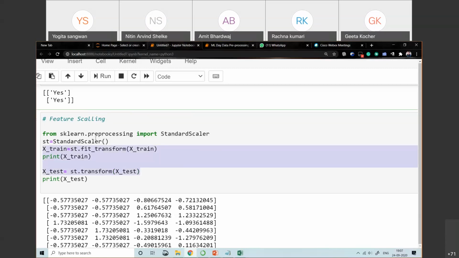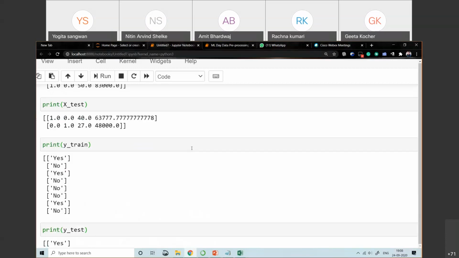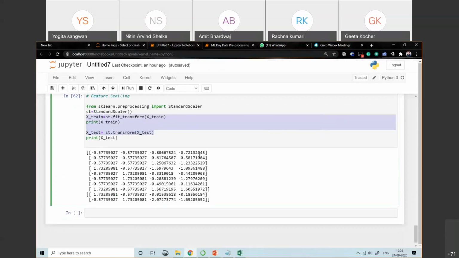एक जगह पे फिट अंडरस्कोर ट्रांसफॉर्म लगाया है, एक जगह पे ट्रांसफॉर्म लगाया है, एंड ये क्यों करा है, इसके पीछे भी रीजन है. ठीक है, तो ये सबसे इंपॉर्टेंट क्वेश्चन है जो अभी मैंने एक्सप्लेन नहीं करा है यहाँ पे. हाँ, एनी मोर क्वेश्चंस रिगार्डिंग दिस ट्रेन टेस्ट स्प्लिट क्लास पैरामीटर्स?